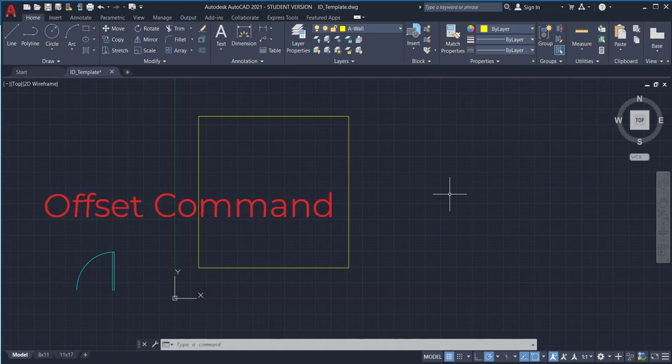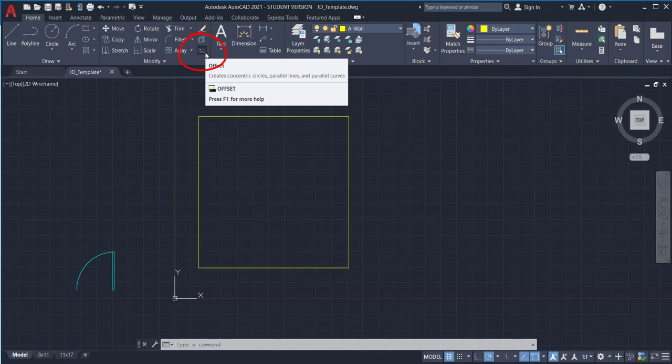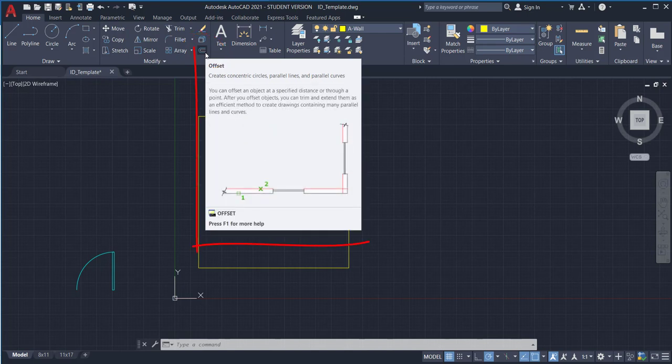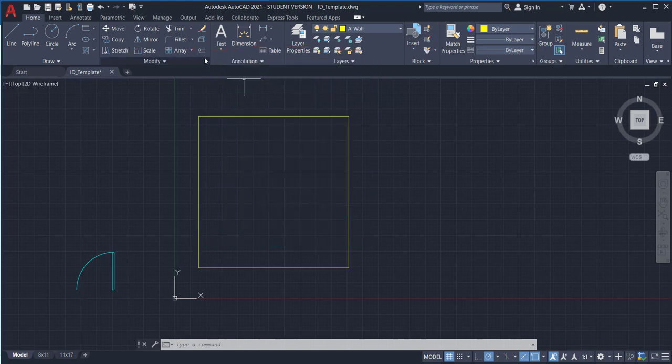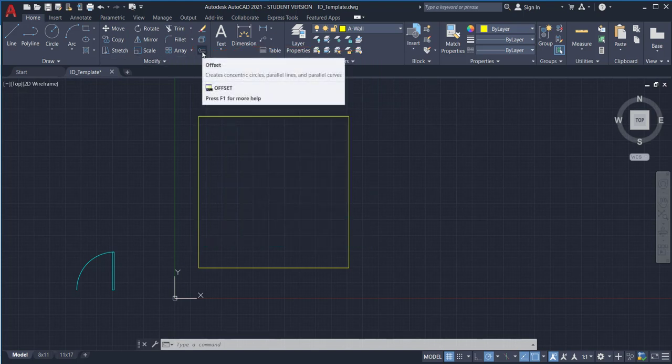Offset. That is a command button that is used to modify objects, and that's located in the Modify panel under the Home tab of the ribbon. And the Offset command button is located at the very bottom right-hand corner of that panel. And if you hover your mouse, you can see that it's giving you instructions on how to do it. So I'm going to come down here, I'm going to click on the button first actually, and so you'll